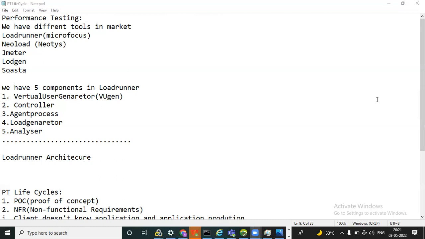So these are the 5 components in LoadRunner. Using these 5 components, we need to do our end-to-end testing. The Virtual User Generator is one of them. We use the Virtual User Generator to record the script and do some script enhancements. For example, just now we saw,